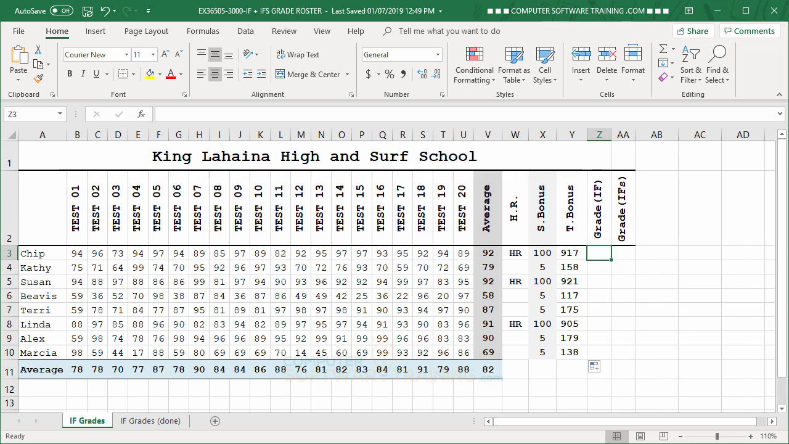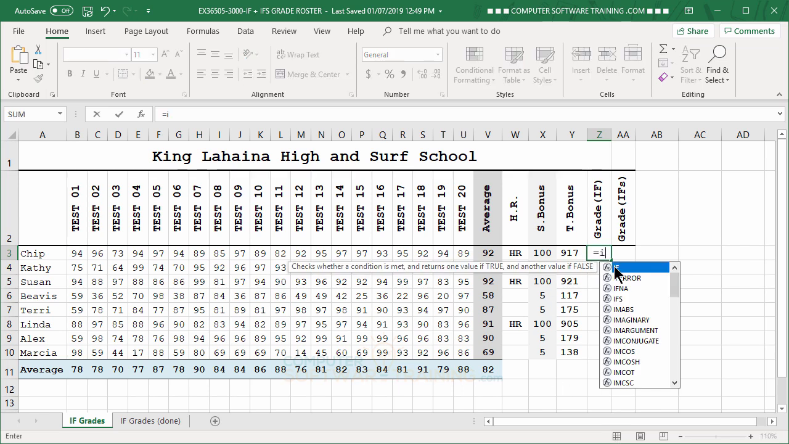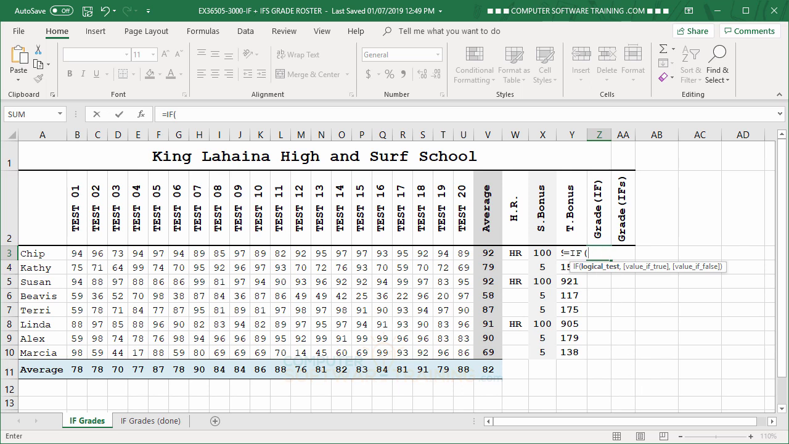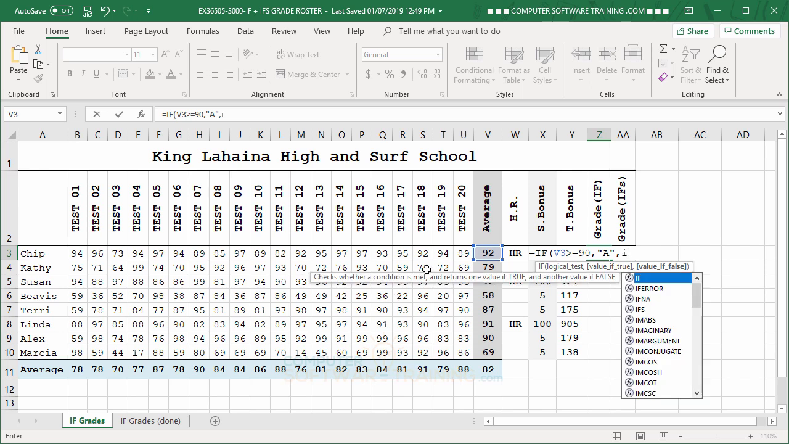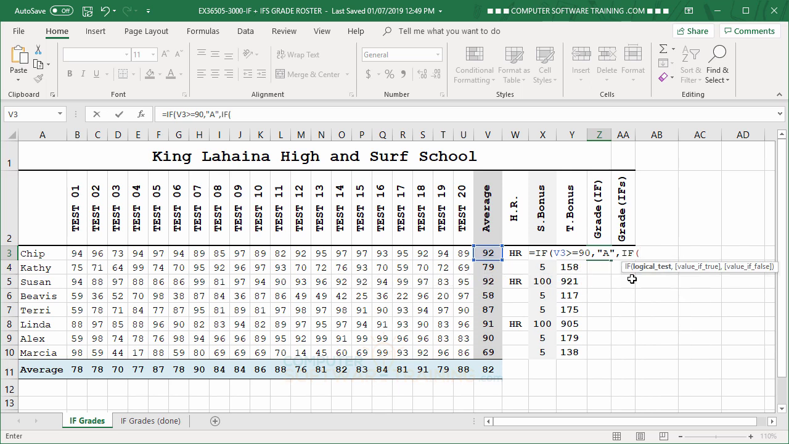All right, so we start out with the equal. Letter I, we got our IF in there, okay. So if the average, if V3 is greater than or equal to 90, then, look at this, in quotation marks, an A. Okay, well, what if they aren't over 90? Well, then we have to do the test again. That's the key here. Comma, hit the letter I, you'll see IF. So you don't need to put an equal in there, you just need to get the function in there. So if